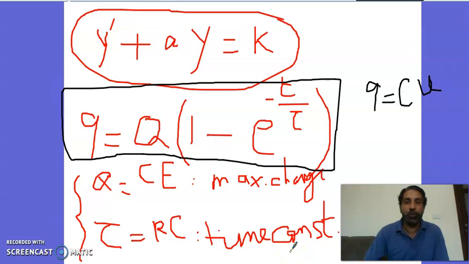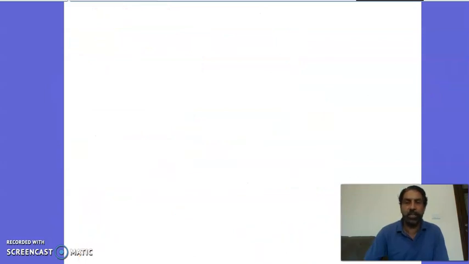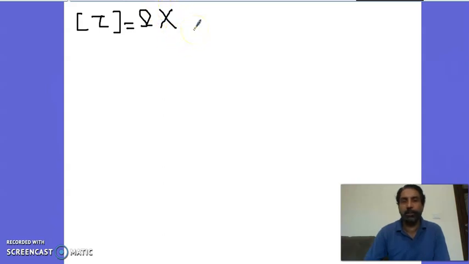Why is it called the time constant? Let's study the dimensional analysis. Check the units. This is tau. Dimensional analysis, I mean studying the unit of tau. Tau equal RC. What is the unit of R? Ohms, right? This is ohms times C, capacitance of the capacitor. What is the unit of the capacitance? Farad, right? So equal. But what is